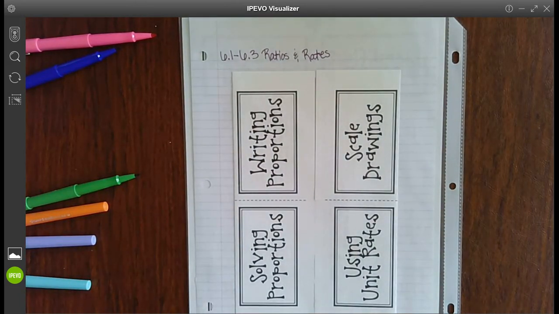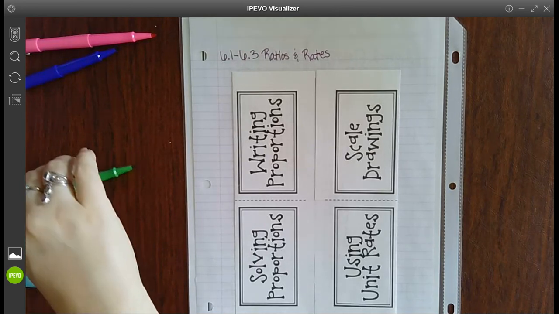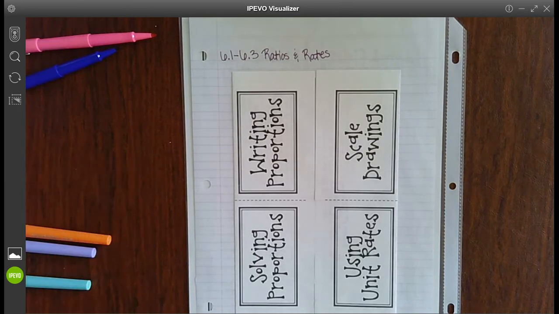Congratulations on mastering some pretty hard concepts here. Okay, how to write and solve proportions and using